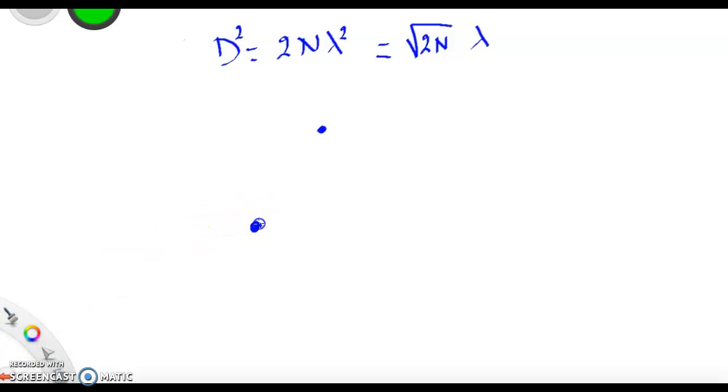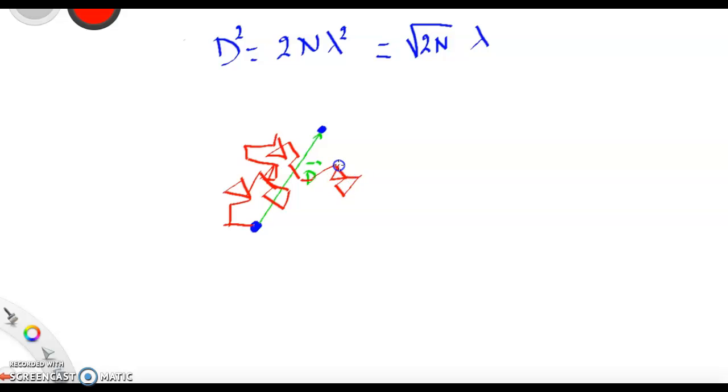D is a displacement, but then that's the sum of all the random steps taken in all possible directions until you get to,